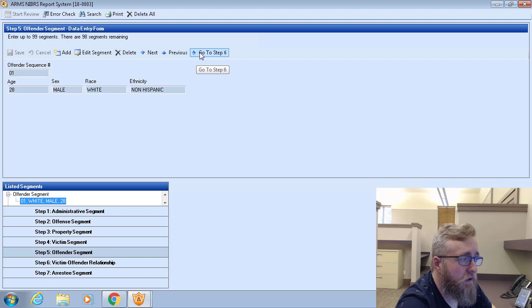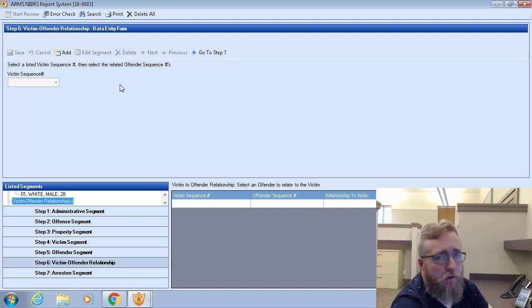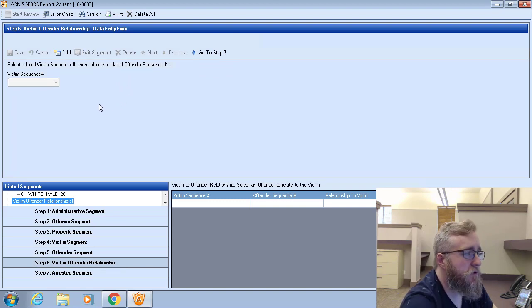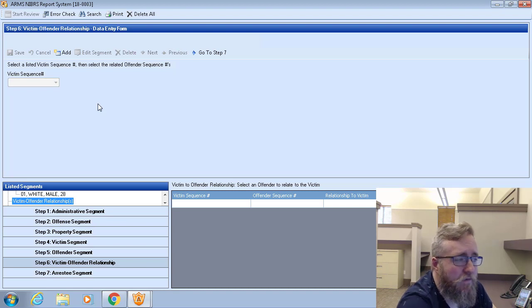So, with nothing else to do here, I could go to step 6. This is going to be the next screen that we have to actually put in some data. From this screen, we are supposed to be able to connect a victim to the offender. So we just set up all the victims, then we came in and set up all the offenders, and now it's time for us to actually connect the two using this screen. When I'm ready, I can click Add,